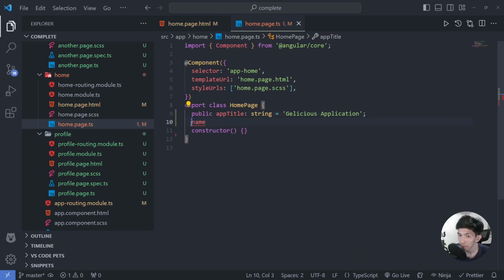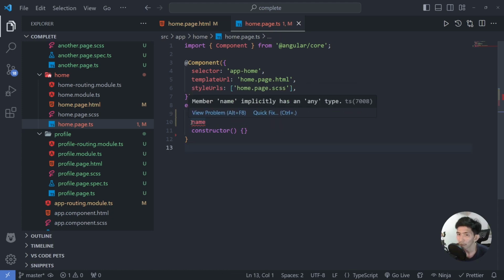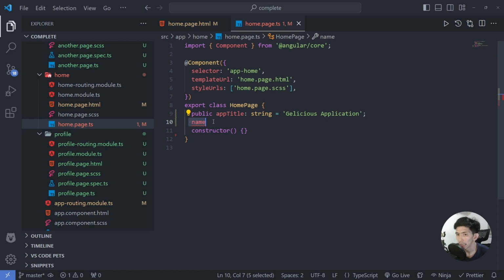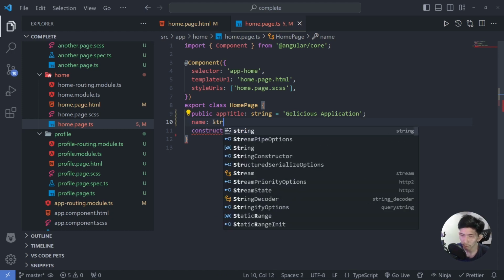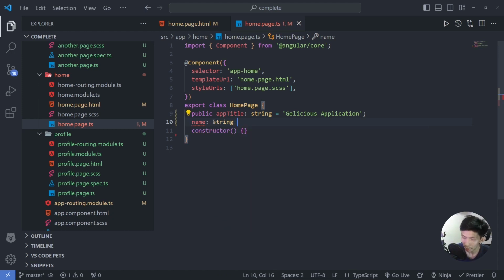Since kapag hindi naman tayo nag-declare ng public or private, it indicates na automatic magiging public yung name natin. So name, colon, and then ano ba yung data type niya? So this one is string, of course, name siya, equals,